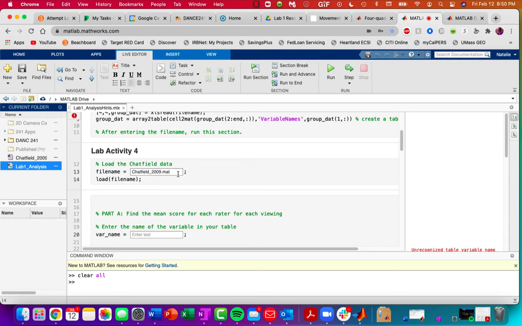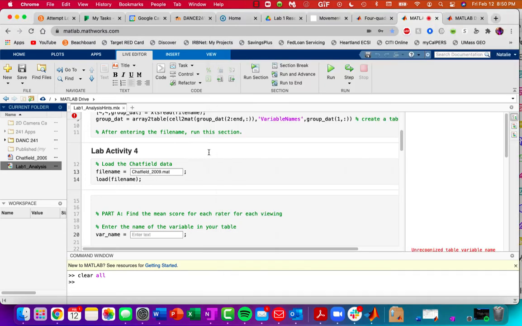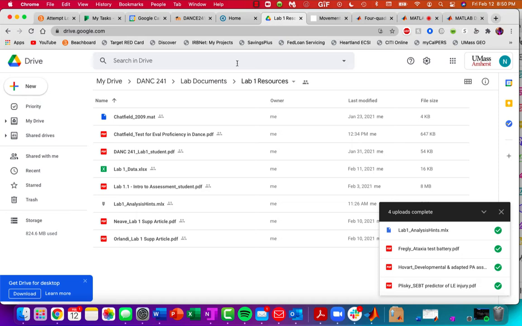So lab activity 4 is where you are calculating the means and standard deviations in the Chatfield sample data such that it looks like table 5, right? So in class we went over how to do the ratings for judges 1 through 3 for individual viewings, right? And then in the Google Drive, I inserted an Excel spreadsheet that kind of has the template that I was working with